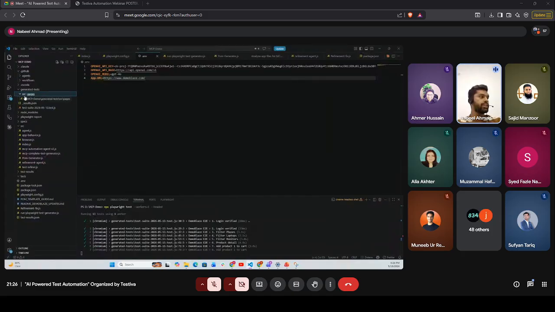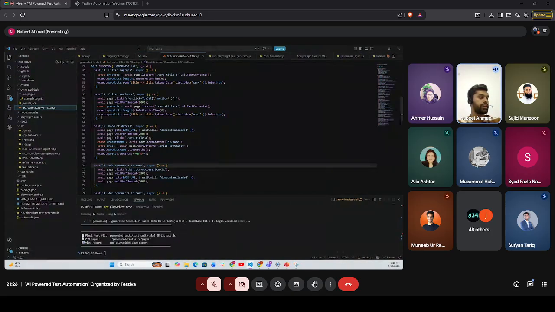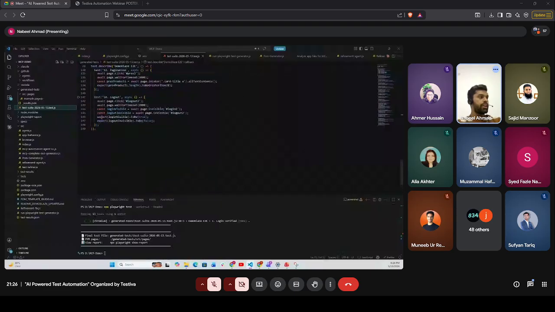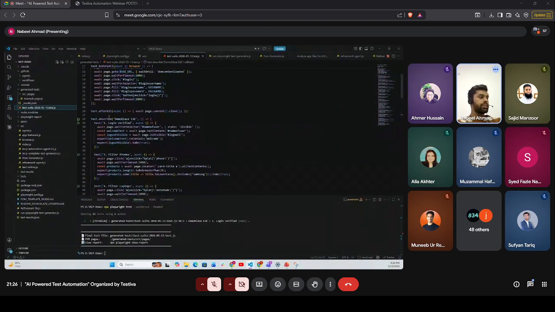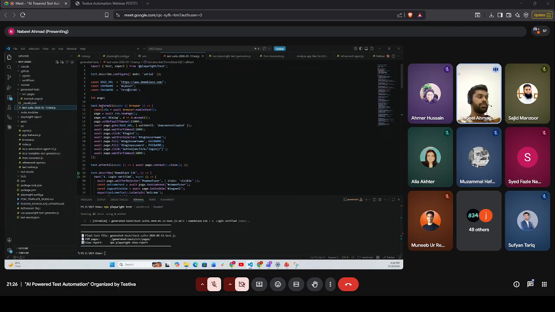Up till now, it has created the test suite. It has 14 test cases here, as we can see. These 14 test cases also include a beforeAll hook at the very start. So it automatically detected this after I gave it the app context.